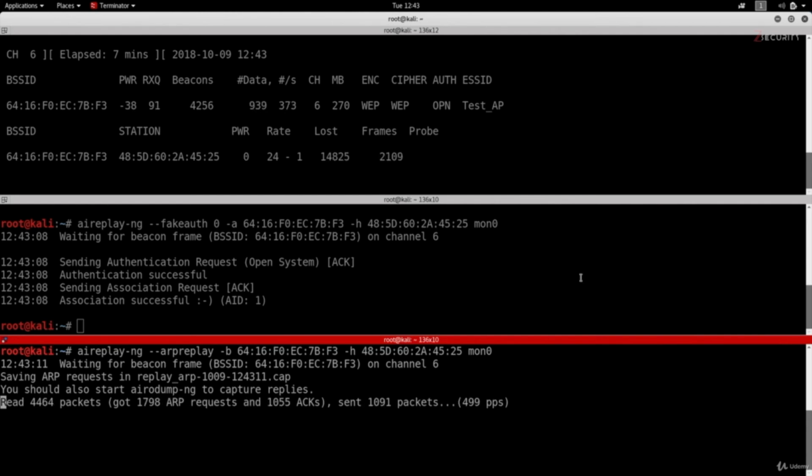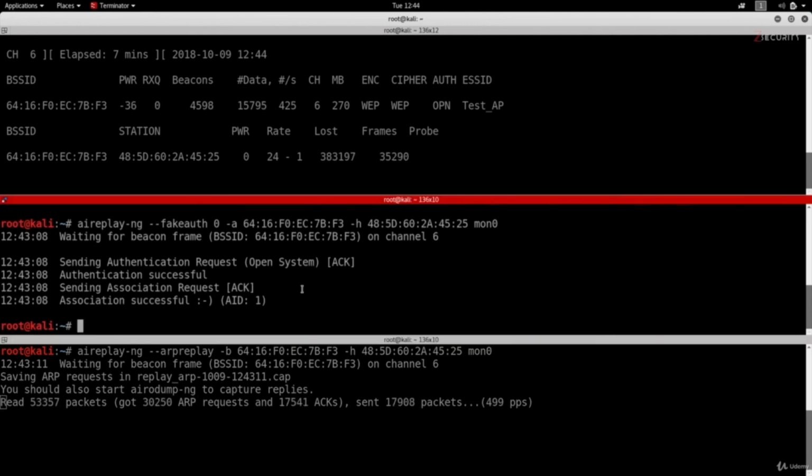And as you can see, the number of data is increasing now very quickly, which means that we actually managed to capture an ARP packet. This ARP packet got retransmitted, forced the router to generate a new packet with a new IV, and we are continually doing this process, forcing the router to generate new packets with new IVs. So right now we can go ahead and run Aircrack-ng to crack this network. And before I do that, I'll actually just associate one more time, and then I'm going to do Aircrack-ng